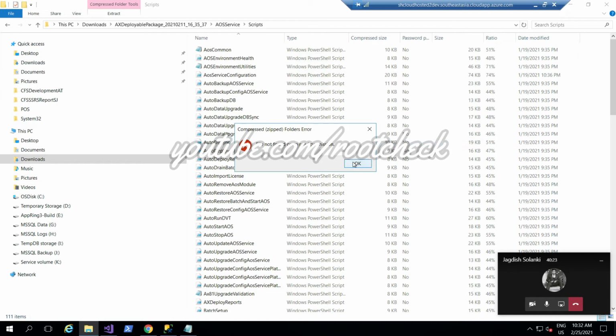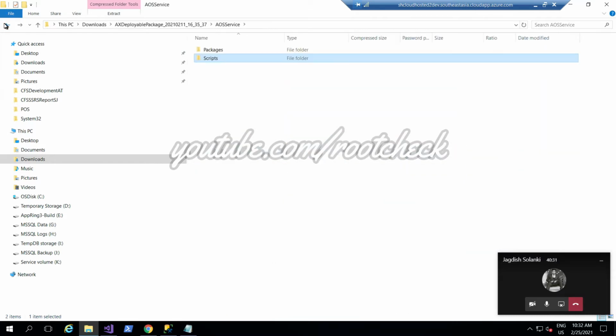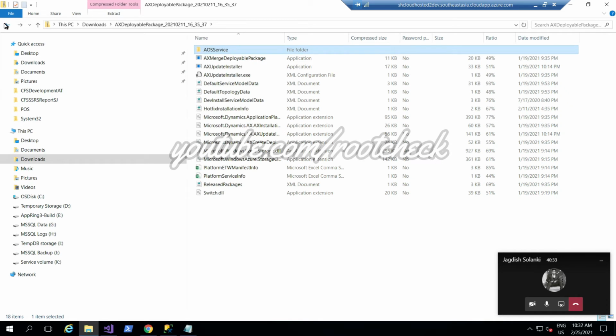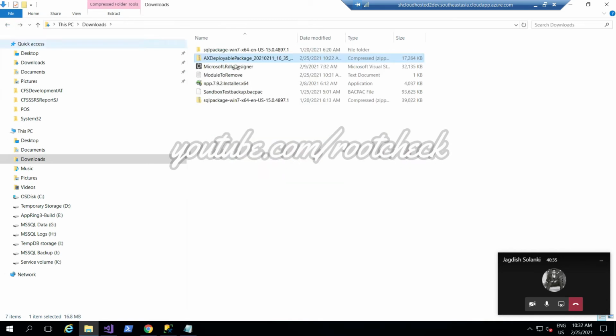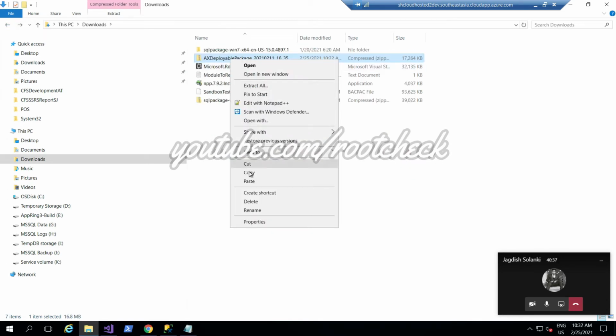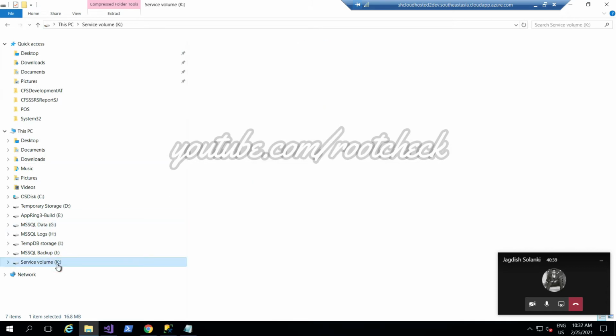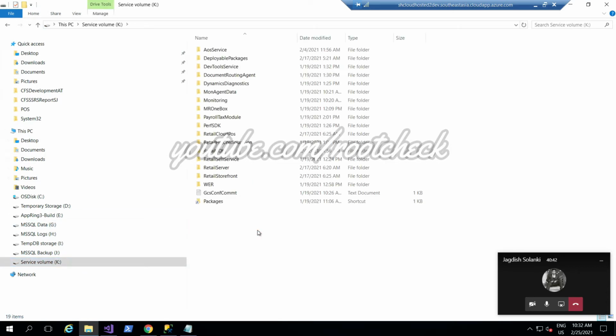So just relocate that package to another drive. It is good to copy it to the drive where your models, AOS services and web roots are, which will probably be K in my case.